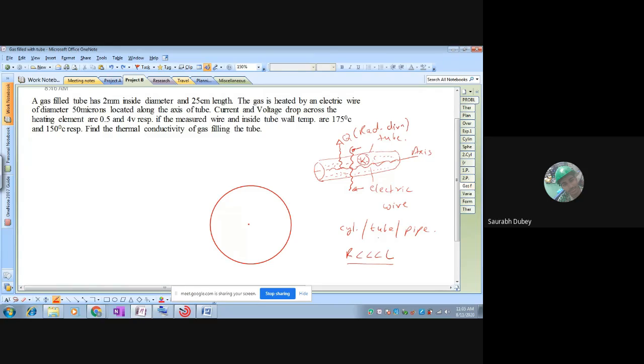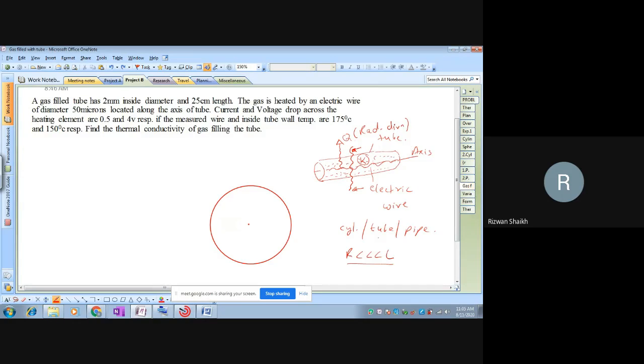Sir, can you repeat the sentence one more time? Okay, I said that if I want to calculate the rate of heat flow through a cylinder, tube or pipe, we all know that the length of the pipe is too high, tending to infinity, but the radius of the pipe is limited. And if the heat flows in the axial direction, the heat loss will take place to the ambient, so it is insulated.